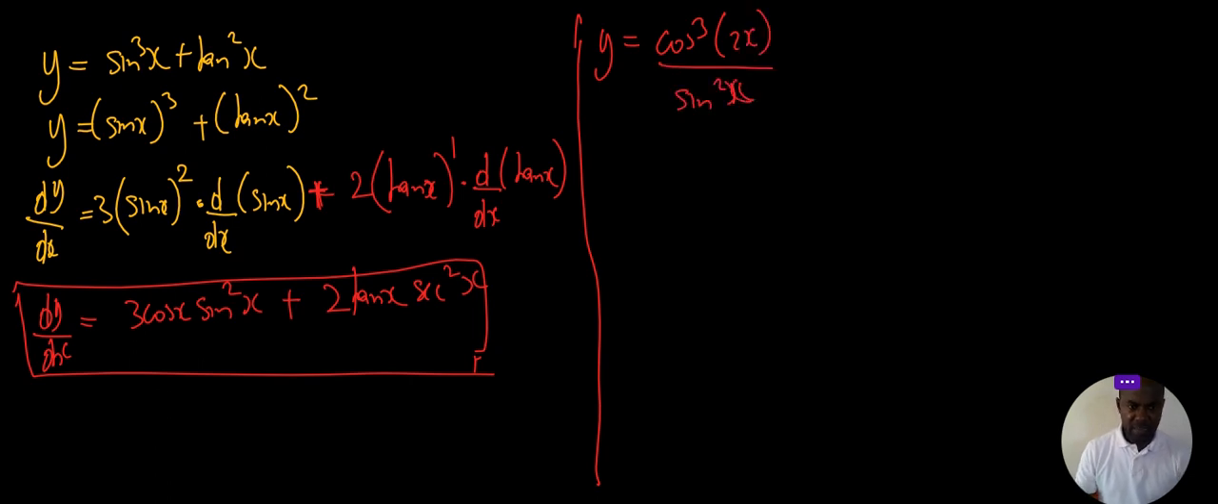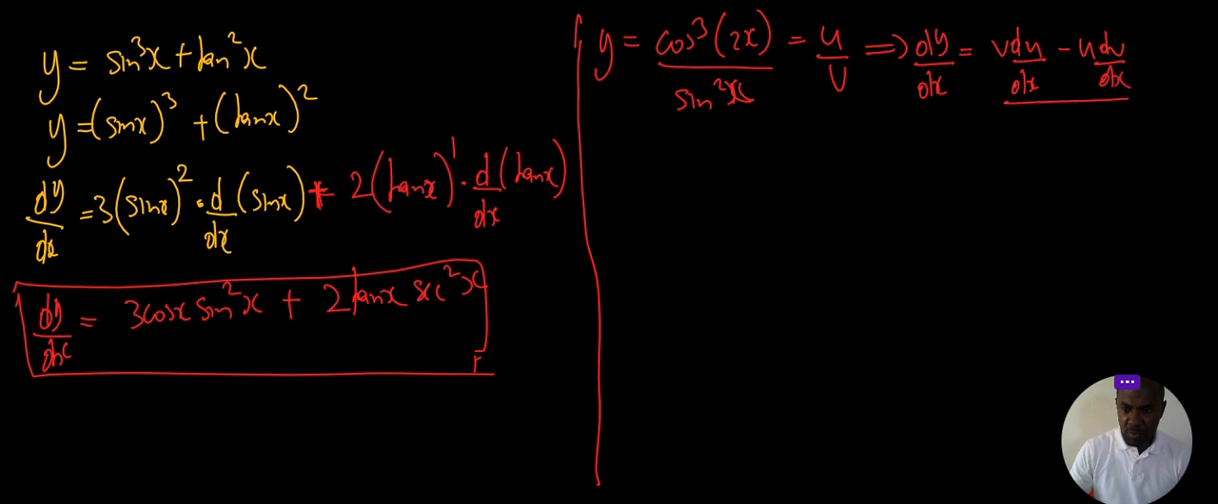Again, we should be able to recognize this as a fraction, which is basically of the form u over v. So if y is equal to u over v, then by the quotient rule, dy by dx is equal to v du by dx minus u dv by dx all over v squared. Right? So we say let u is equal to cos 2x cubed. So this is basically cos of 2x cubed, which therefore means that du by dx will be equal to,